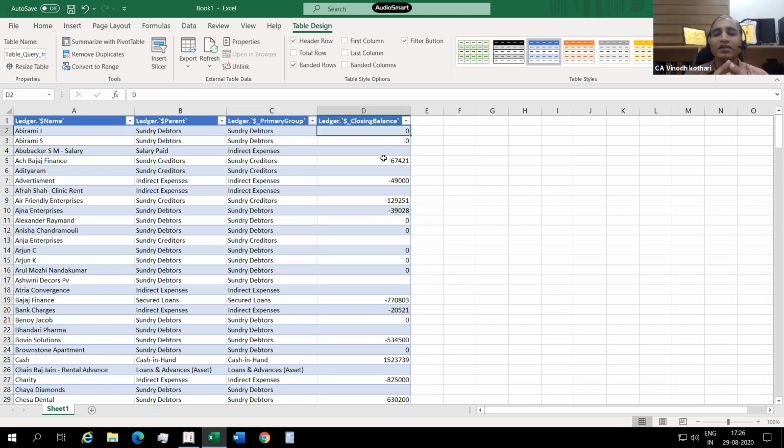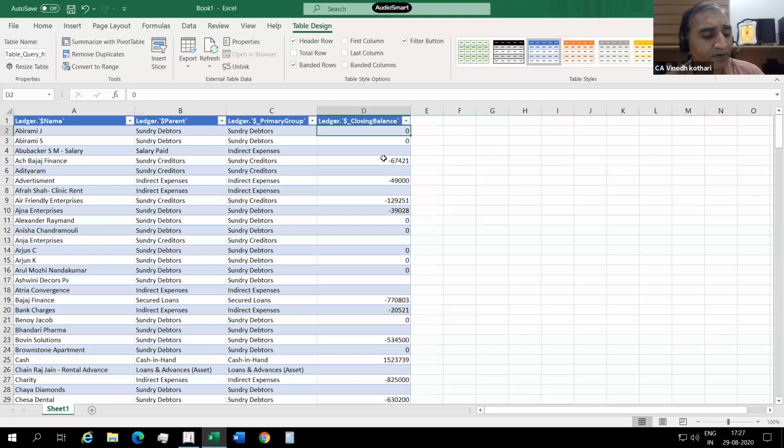Now, there is certain database modification, that is, a cleaning activity I need to do in this trial balance. So how can I do this cleaning? For this, you can use Power Query.